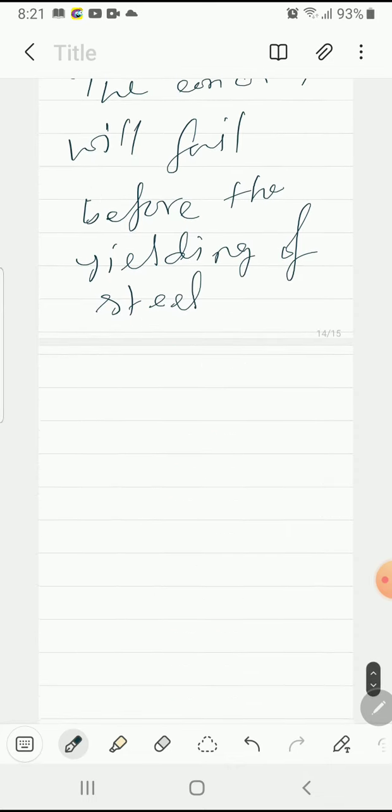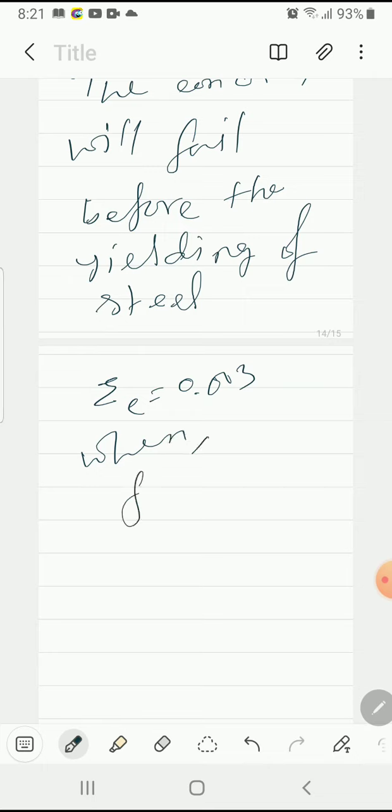Okay, that is epsilon c equal to 0.003 when fs is less than fy. Okay,